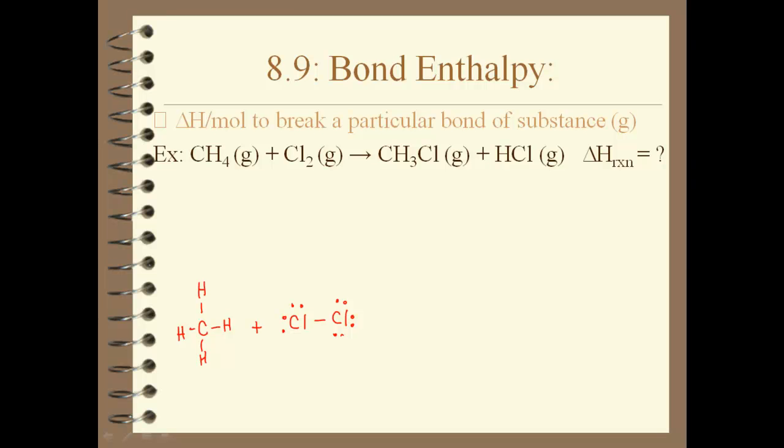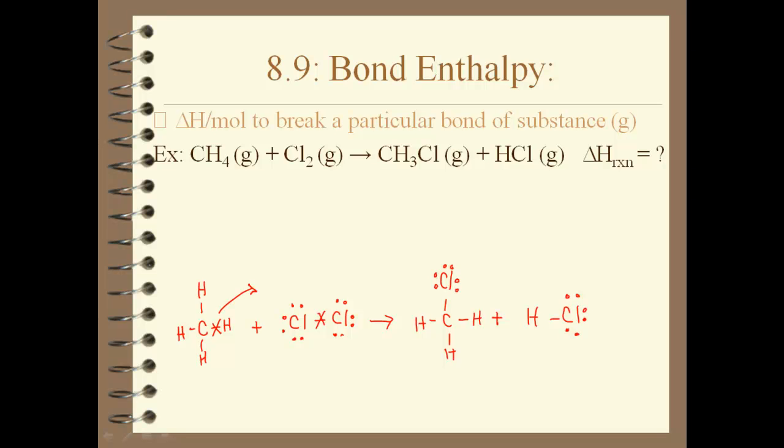If you draw out the Lewis structures of these, it makes it a little bit easier to see the changes that happen. And then we have a new bond here between the chlorine and the carbon, and a new bond between one of the hydrogens and the chlorines. So we want to know what the change in enthalpy will be when we have bonds broken and new bonds formed. Here we're going to lose and break apart a carbon-hydrogen bond, and we're also going to break apart